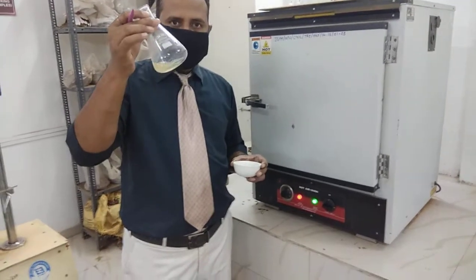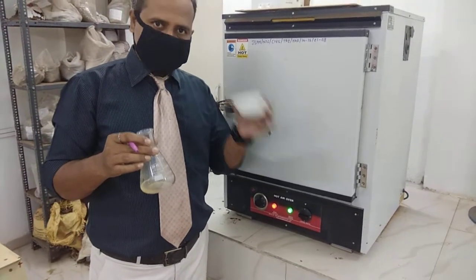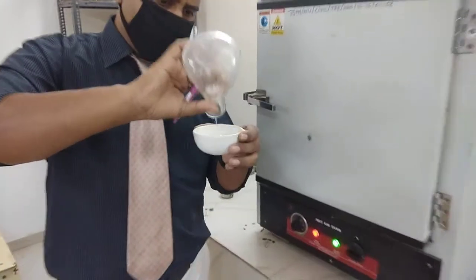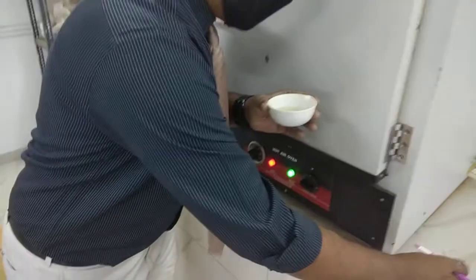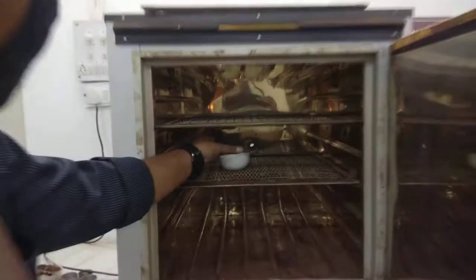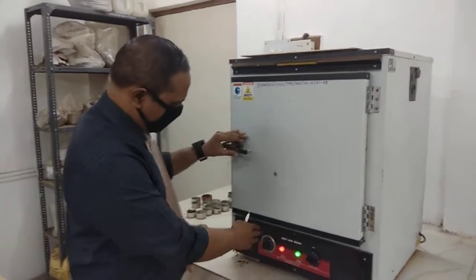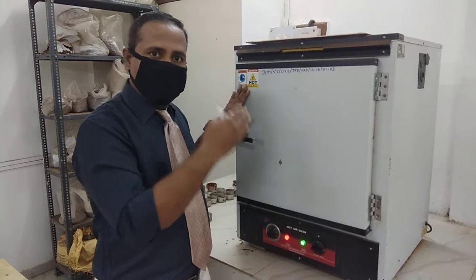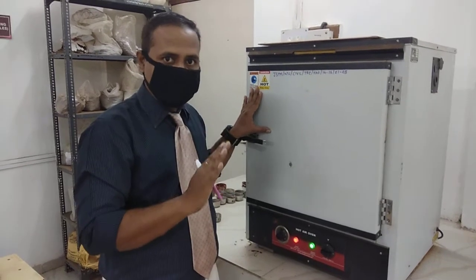Now this is the filtered wastewater which we have already filtered. This is the empty crucible having weight 70.487. So we will keep this sample for evaporation in the hot air oven. This is the whole sample which we have filtered, and this is the hot air oven. I will keep this sample for evaporation. Again the temperature is the same, 105, already adjusted. After evaporation, the whole water content will be evaporated, and whatever solids remain, those are our dissolved solids.